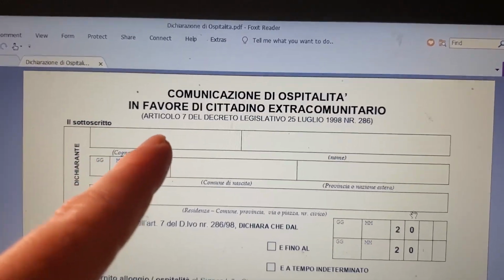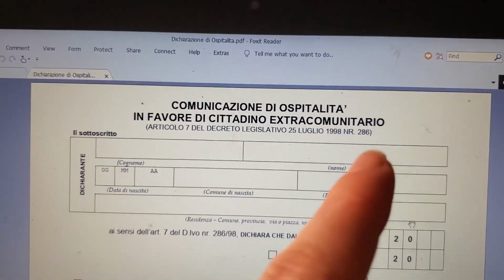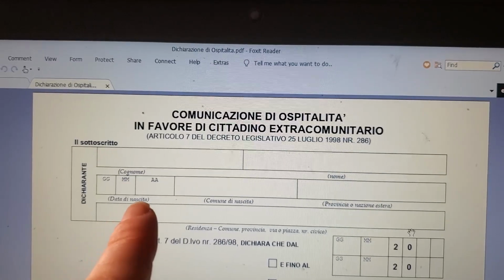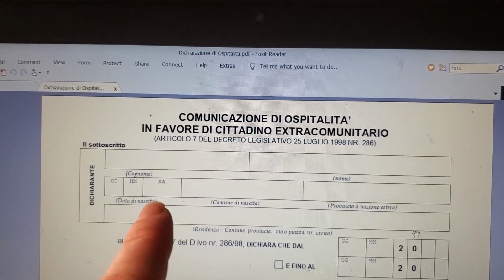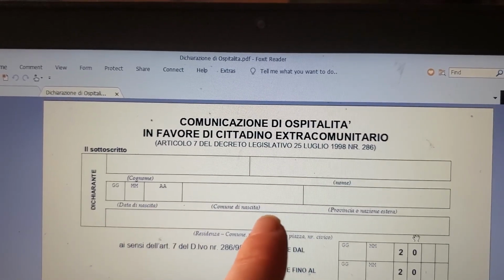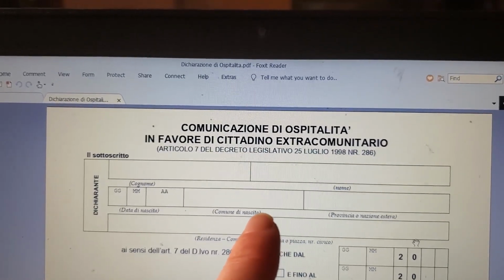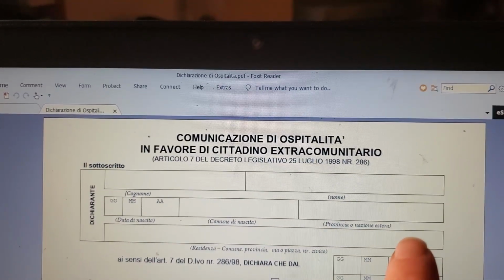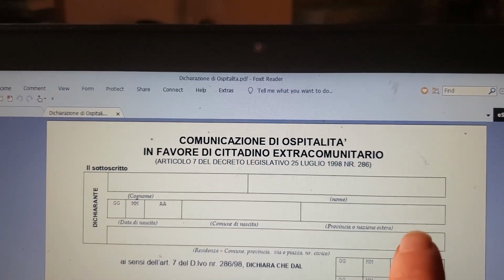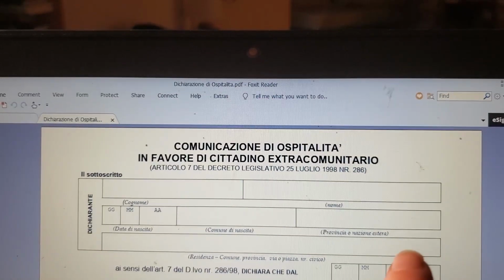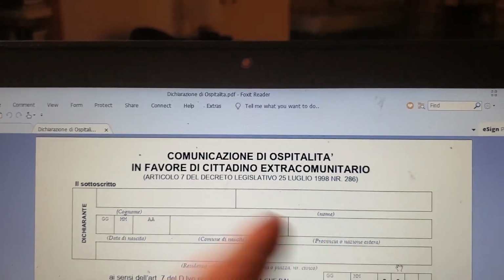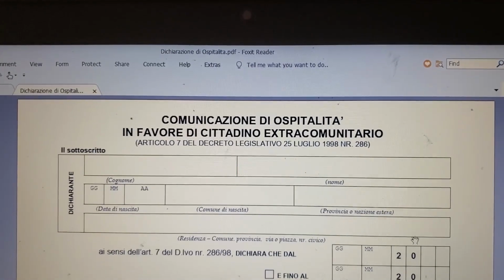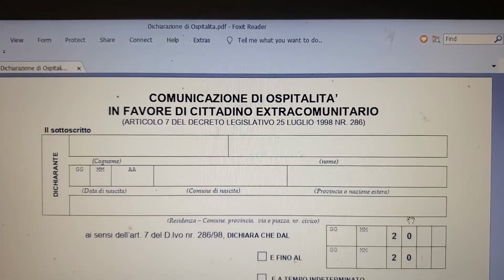They're going to put their name, their last name, their data di nascita, their date of birth, the city or town where they were born, Comune di nascita, the provincia o nazione estera, the province where they were born, I think.